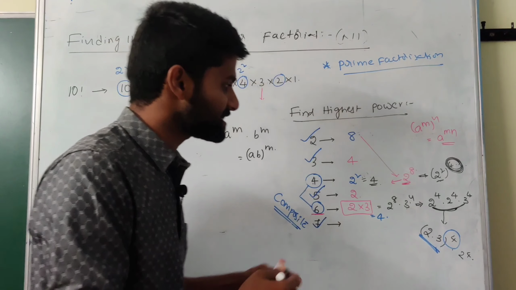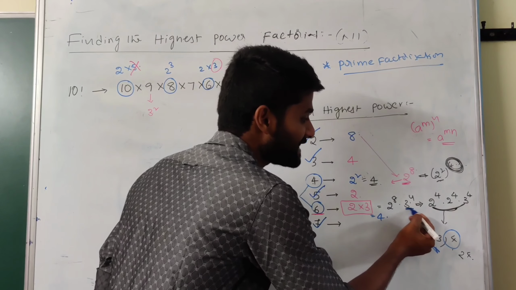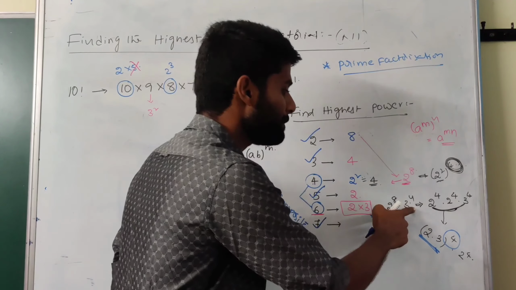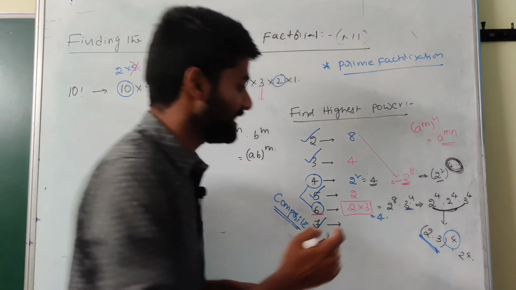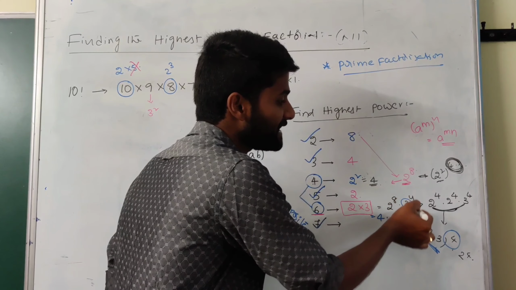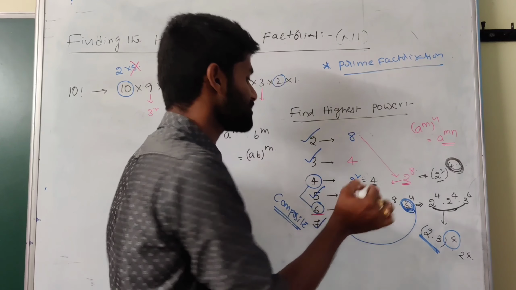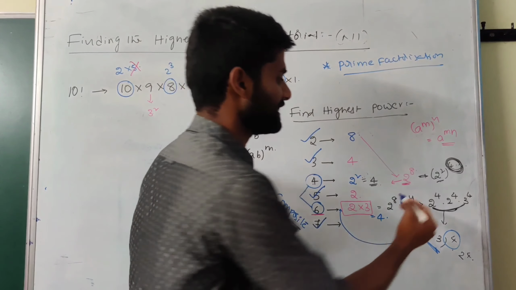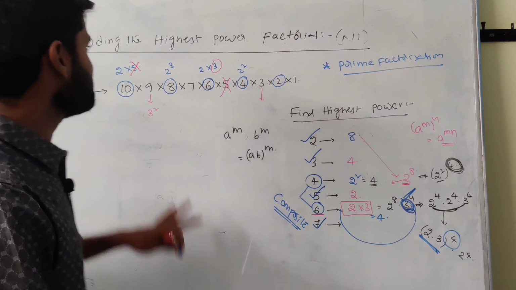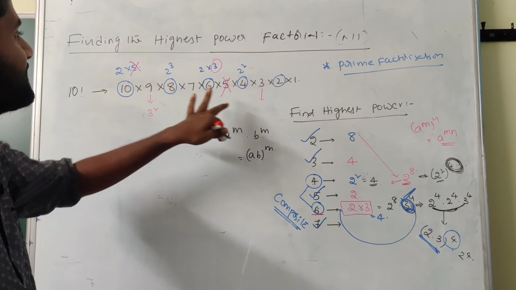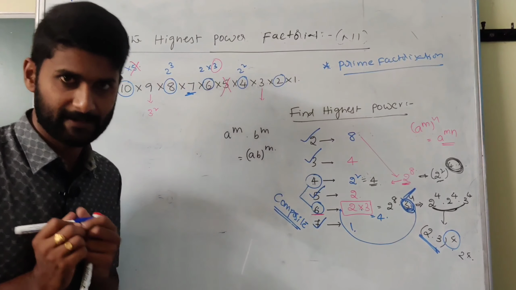If you want a direct calculation, out of 2 and 3, the one with the minimum power indicates the maximum power of the combined result. If it is 6, observe the 3 only. Whatever the maximum power of the factor 3 is, it indicates the maximum power of the combination. So directly you can consider the power of 3 as the maximum power of 6. Same question: if it is 7, how many 7s are there in 10 factorial? We have only one 7, that is 1 only.